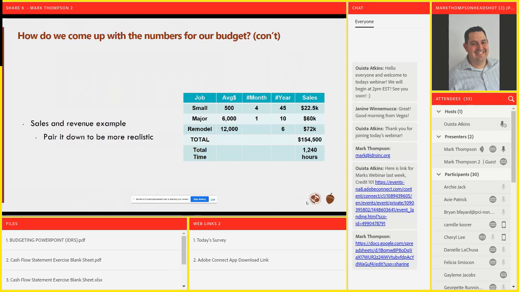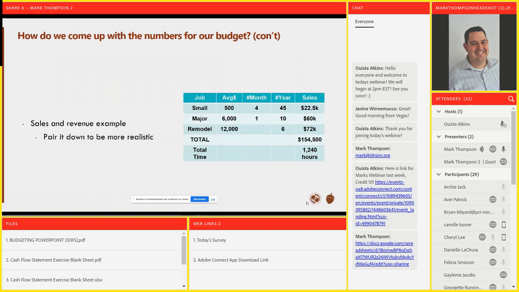And then what you could do is then you could come back and rejigger your budget and say, okay, all right, well, you know what? Probably not going to work 2080, right? Instead, 1240. That's more reasonable. That's going to give me the actual time I'm doing the work that I can bill for, but I'm actually going to be working a lot more on my job. I'm probably going to be doing another 800 hours on my job. I'm just not going to be able to bill for it. But you know what? That's still time that I have to build